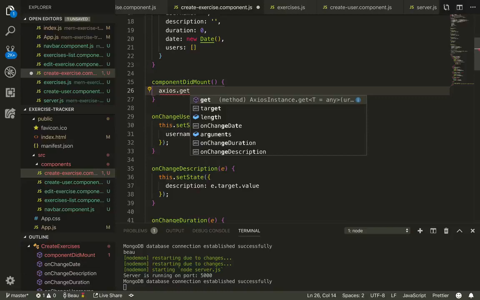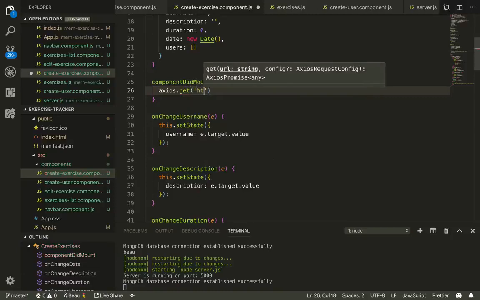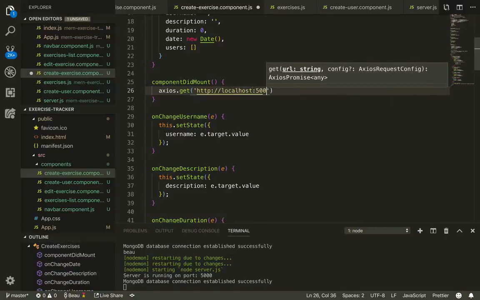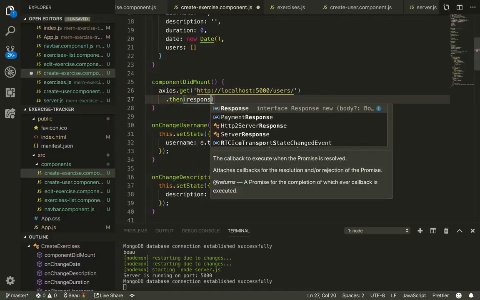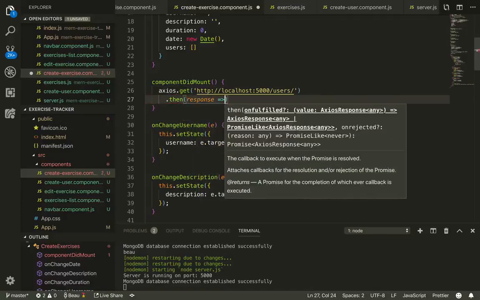We're going to send a GET request to http://localhost:5000/users, and after we do the request, then we are going to take the response, we'll pass it into this arrow function,